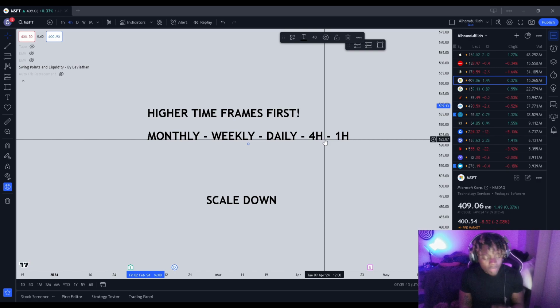You don't need to be on the lower time frames, honestly. It's going to do nothing but just cause you guys to get burned continuously, and a lot of you don't know how to abuse it. If you're a really good trader and you understand supply and demand, liquidity, pretty much just ICT, I don't really like using that term, but if you understand ICT pretty much, you can do really well in the lower time frames on something like futures, but something like options where there's theta, a bunch of other factors as well,